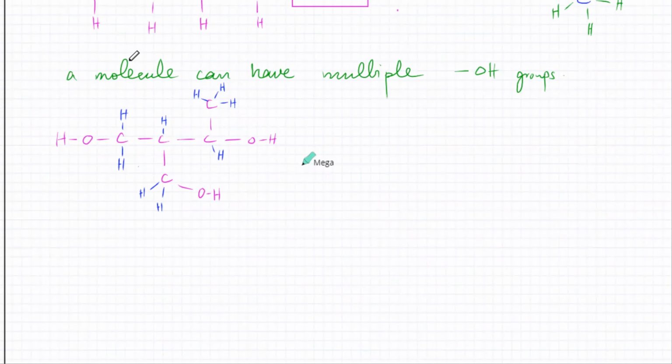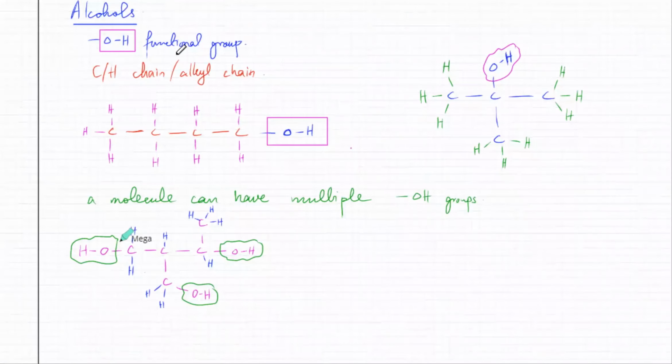I should say this one. You've got this molecule over here. Again, remember I've drawn the correct structure. Carbon is making 4 bonds. Every carbon atom must be making 4 bonds. And a molecule can have multiple OH groups. So this one has an OH attached to this carbon atom. There's another OH. And remember, it's the oxygen that should be bonded to the carbon atom. So that is another alcohol. So molecules can have at least one OH functional group. So any molecule, if you see it's got an OH group and only the OH group,